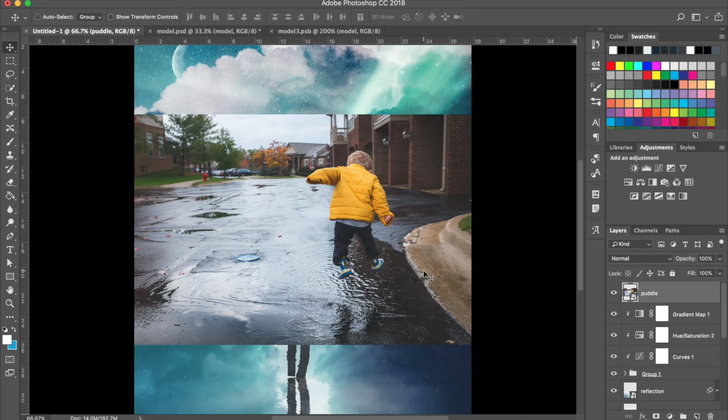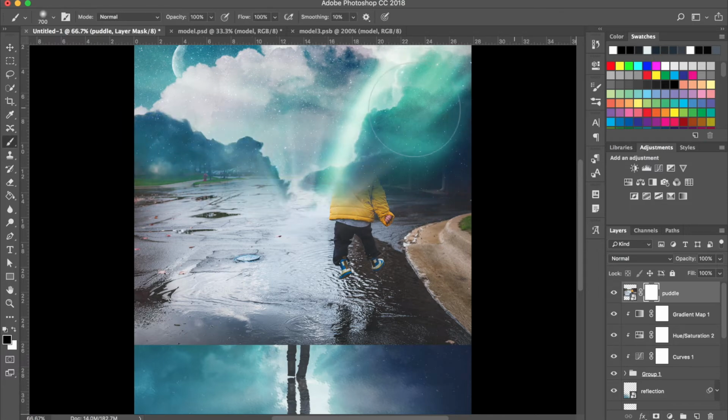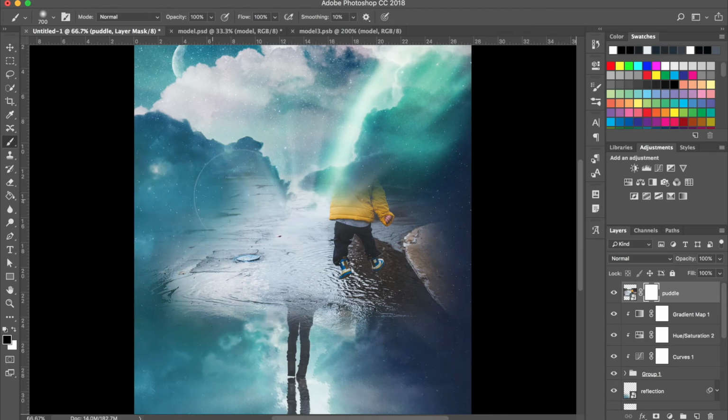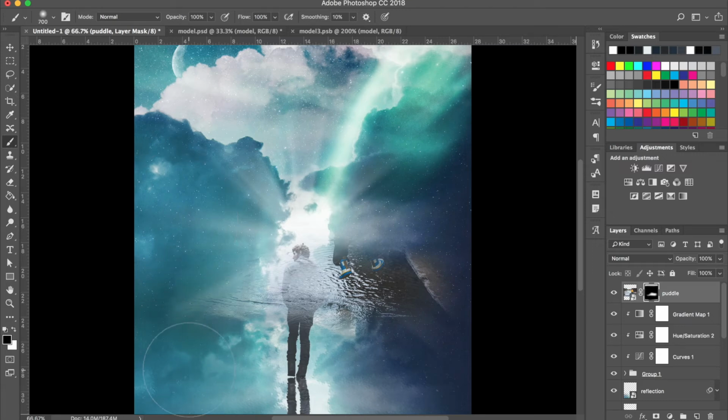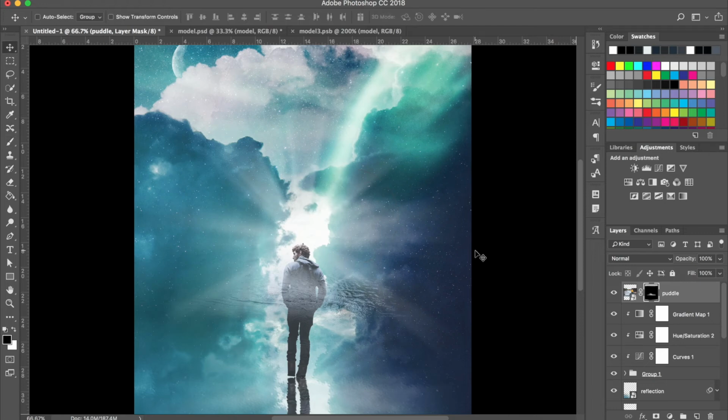So I'm going to work the heck out of this, and I'm probably going to speed this up because I'm just going to be working the heck out of this to make it fit. I'm going to start with a layer mask and just brush out a lot of this image. Alright, so now that I brushed the heck out of this image,